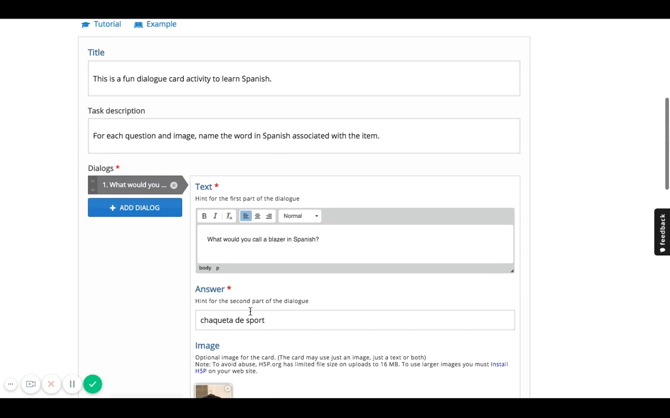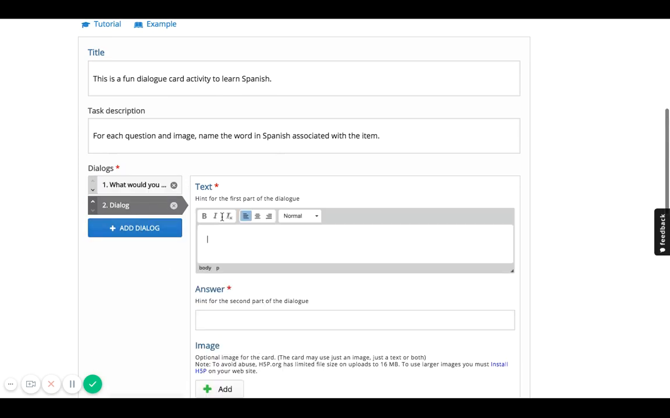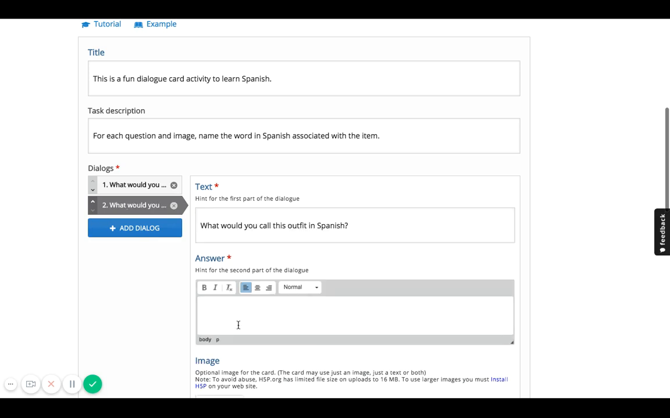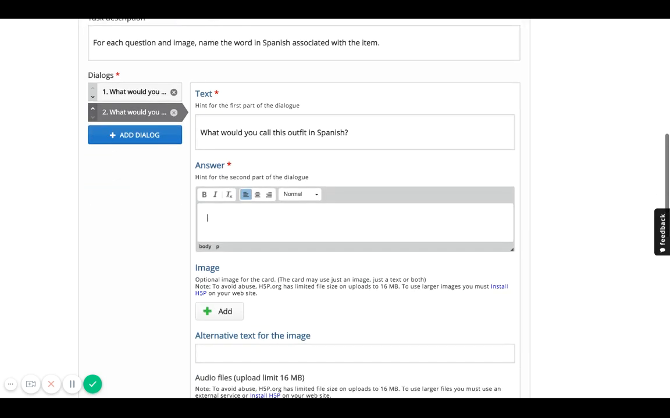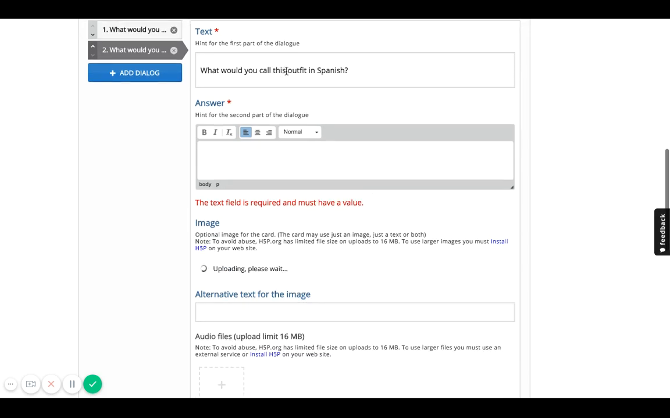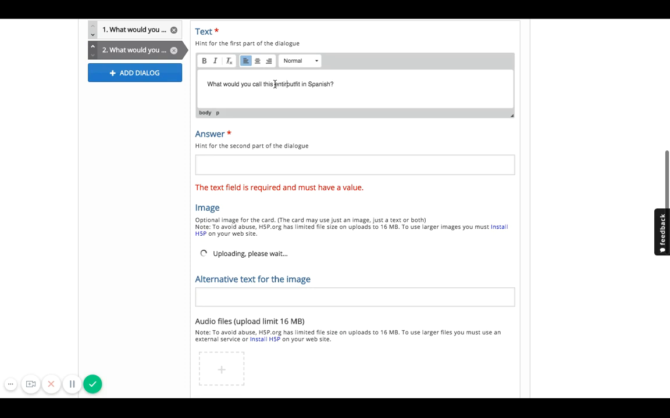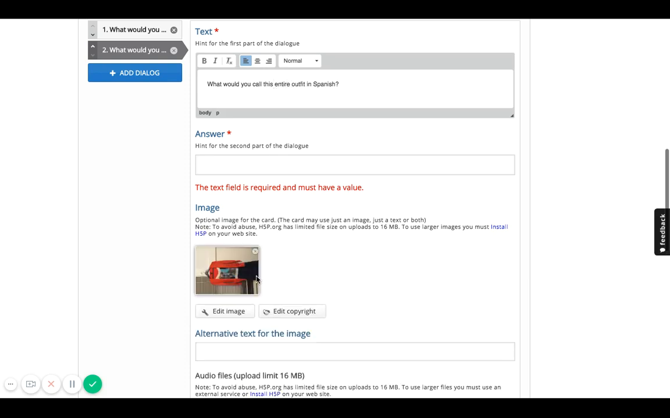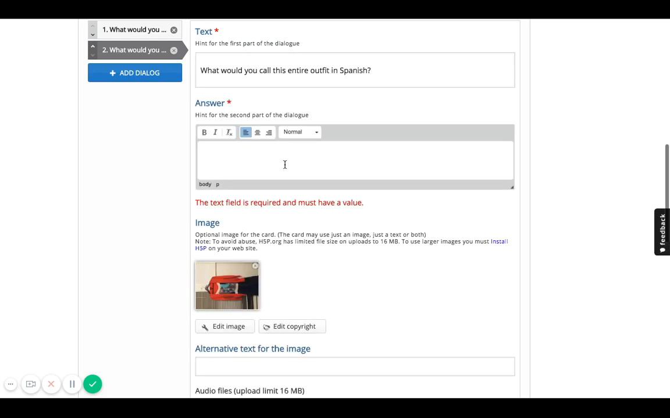And so that's just one activity, and I can add more and say, what would you call this outfit in Spanish? And say hints is, I want to give them a hint, but let me add the image just to give them some examples. And I want to be clear, I want to call this entire outfit, because the outfit is a top, bottom, and a sweater. So give them a word, and I'm just going to say for top, cardigan,